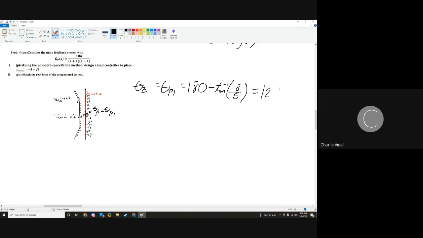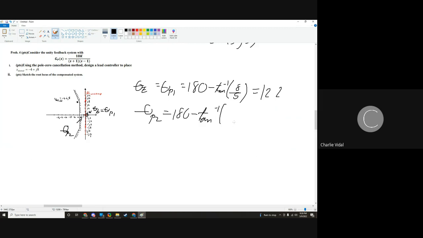This is equal to 122. Then you have another point over here, which is theta p2. No difference so far. Theta p2 is equal to 180 minus inverse tangent of